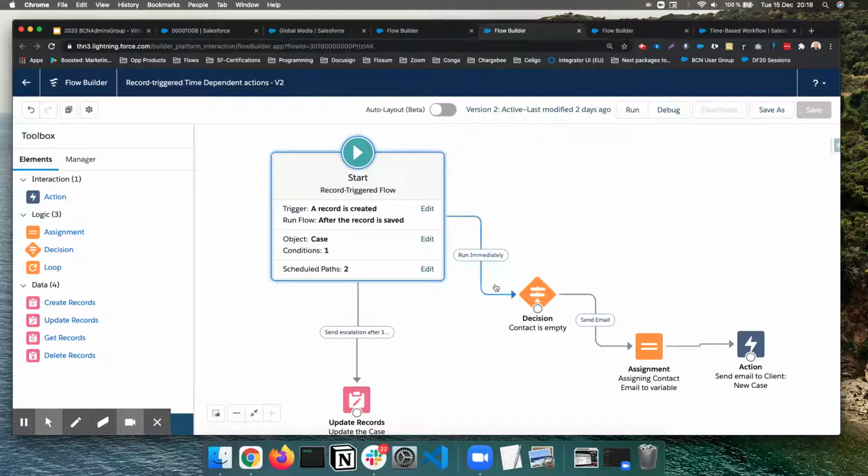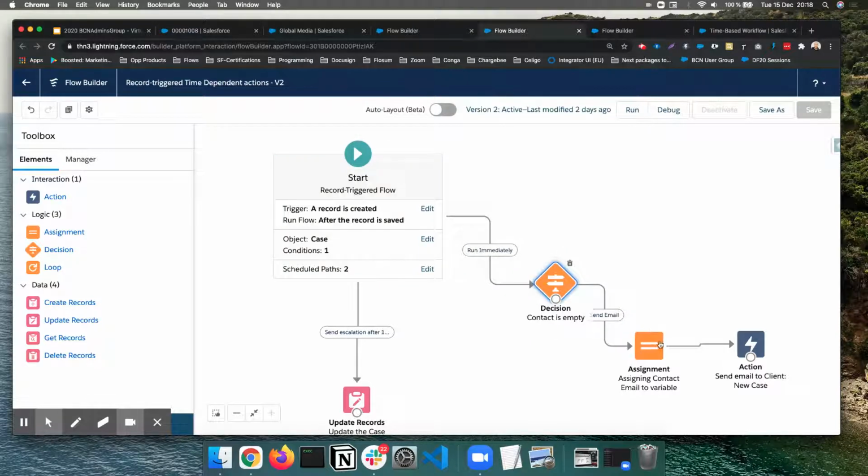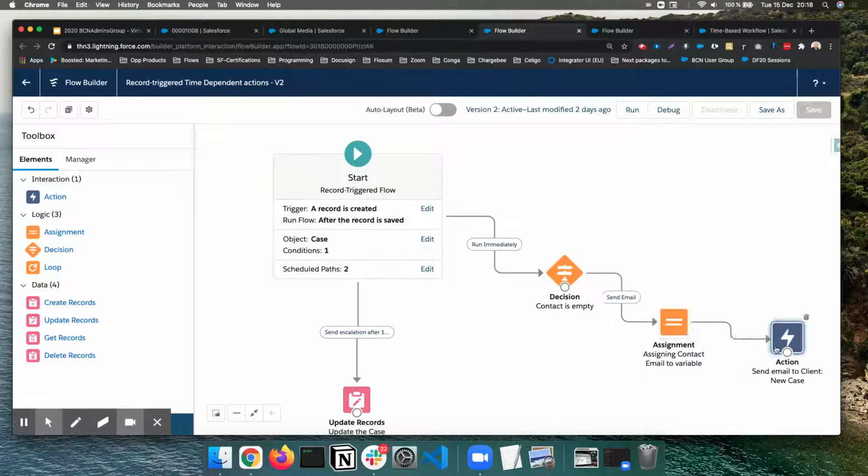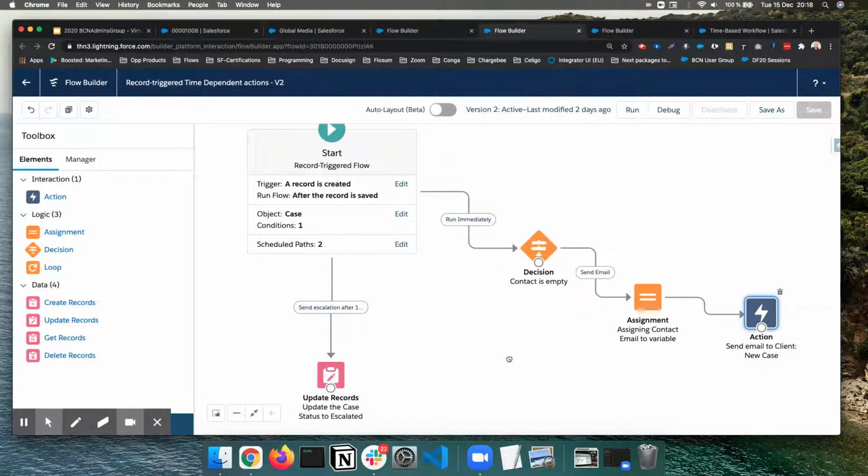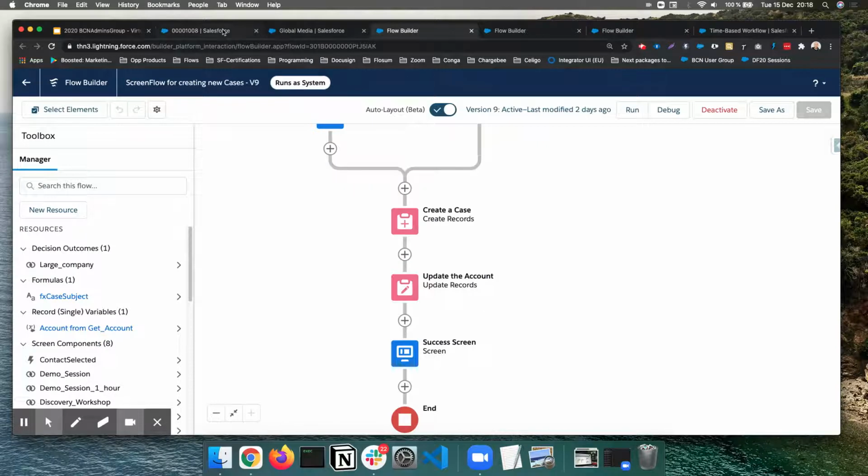Once you have defined those paths, you can add any action that you want. In my case, I'm sending an email immediately for the creation, to acknowledge the creation of the case. And after 1 hour, we are updating the case to escalate it. As you can see here,